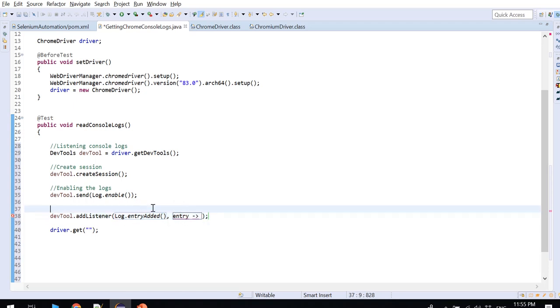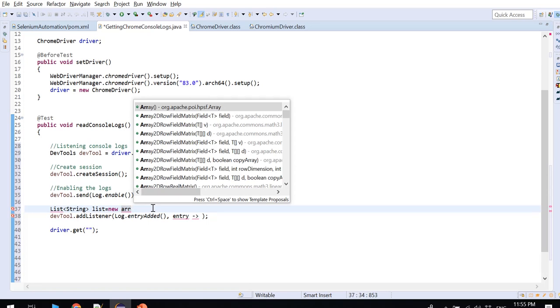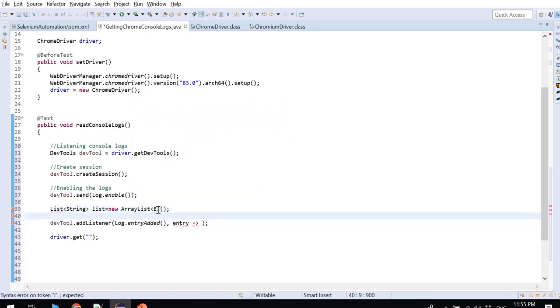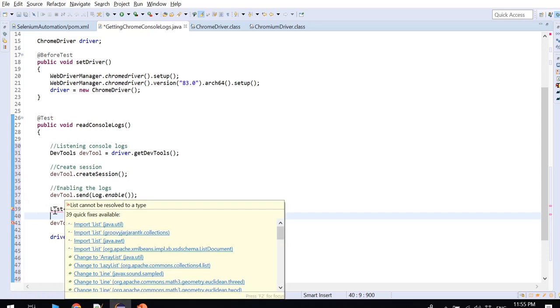I am going to capture them in a list, because there can be multiple logs. So I'll create a list of type String equal to new ArrayList, let me import it.